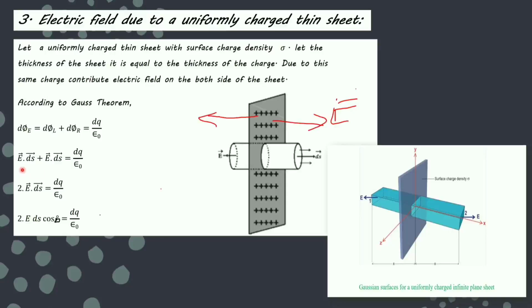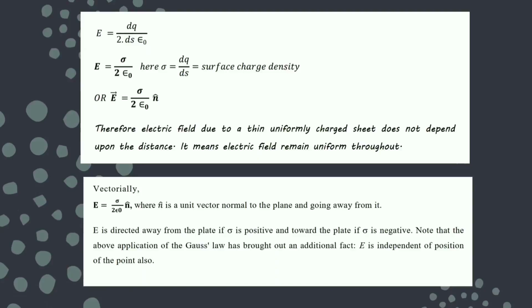So both magnitudes, you can see the values are same, theta is also 0. So cos 0 is 1, so you are getting 2 times E ds, which is equal to dq upon epsilon naught. And if I want to write the total value, then of course I have to take the integral over the surface, and when you are taking the integral over the surface, then you are finding E equals dq upon ds epsilon naught,